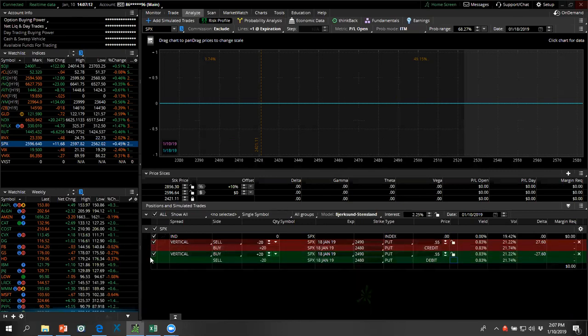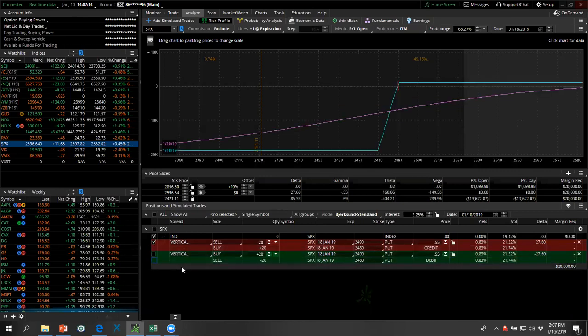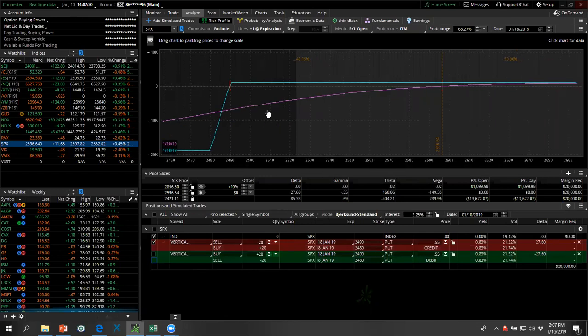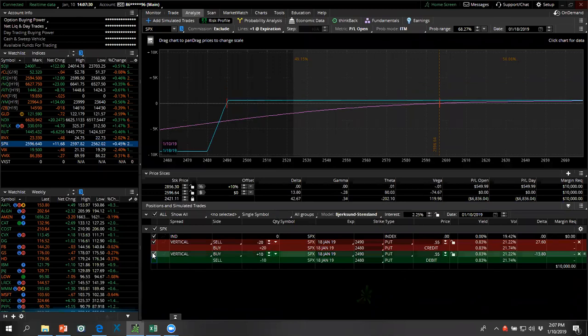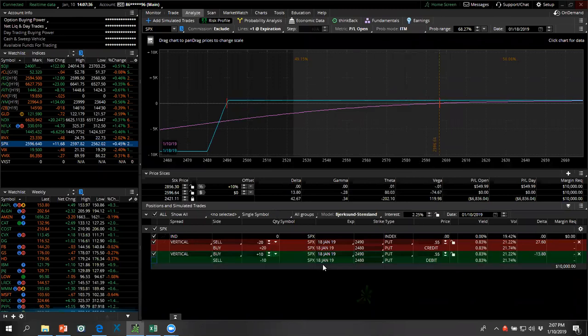But let's say you wanted to still be in this trade and still try to make some money, but just reduce the risk a little bit. What could you do? You could take off half of them. You know, same idea as before. Takes off half the risk. It also reduces the profit potential. But if you have different strikes, it can be even more manageable.